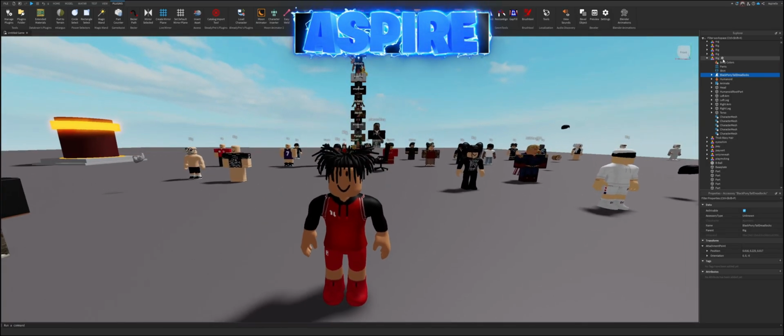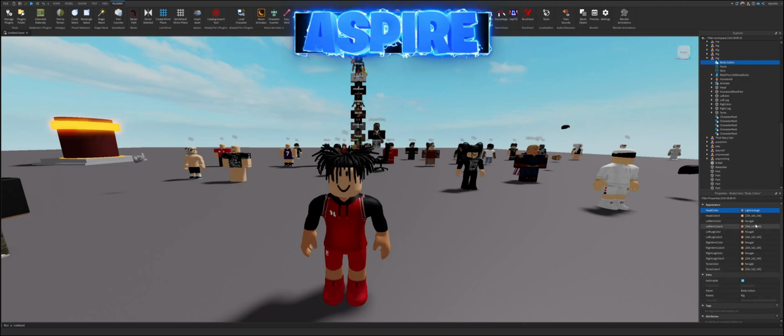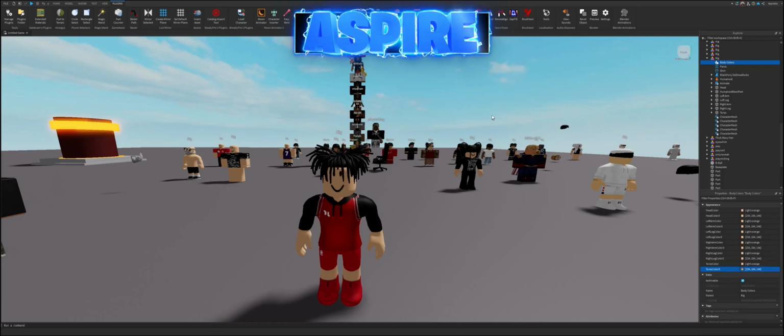Actually, I'm gonna change the skin color because that's not really what my avatar looks like. It's more of this shade. So let's just go like this, change it all. Alright. And then now,